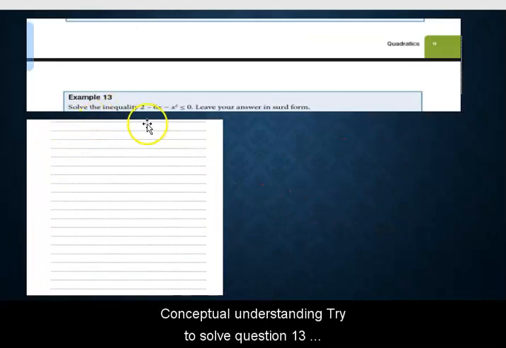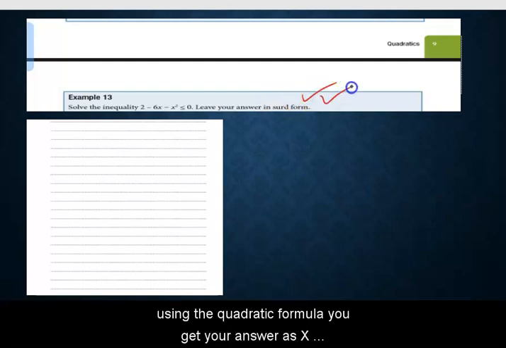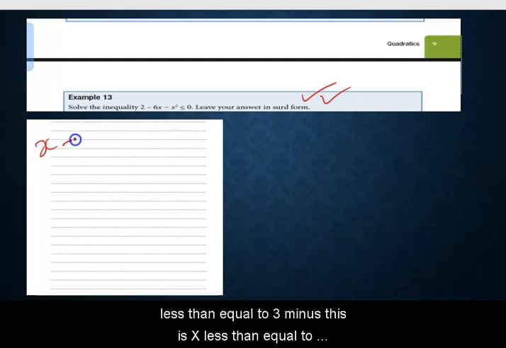Conceptual understanding. Try to solve question 13 using the quadratic formula. You get your answer as x less than or equal to 3